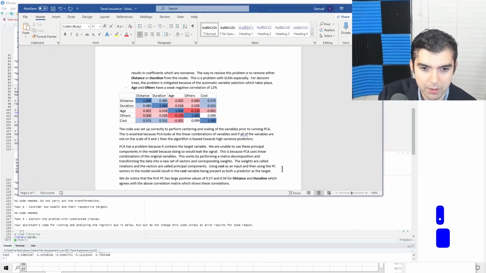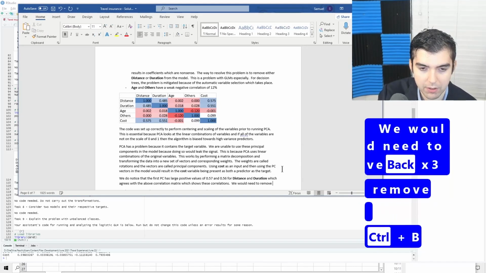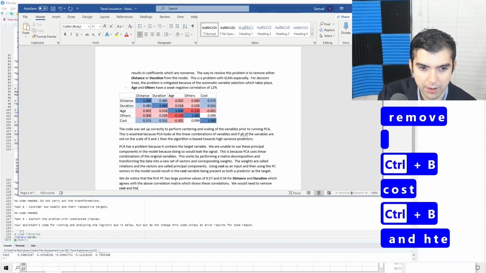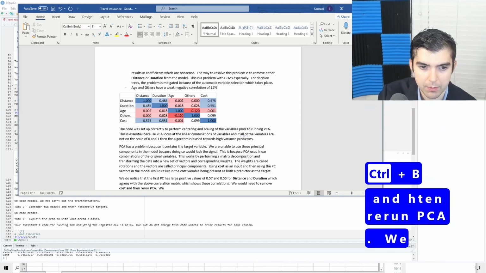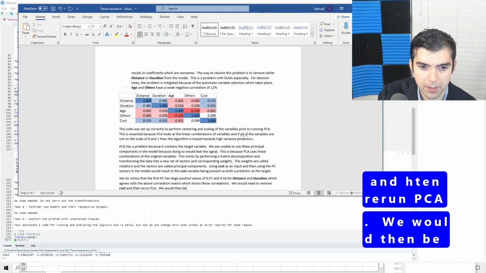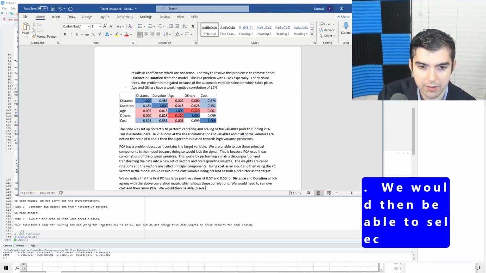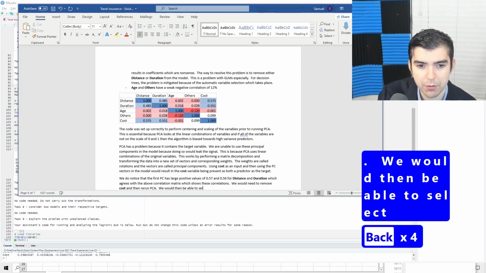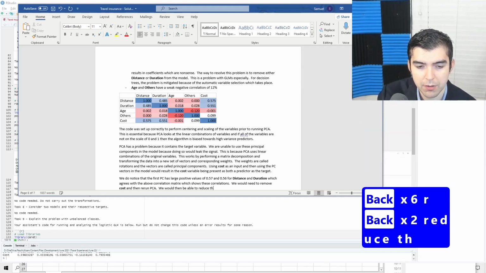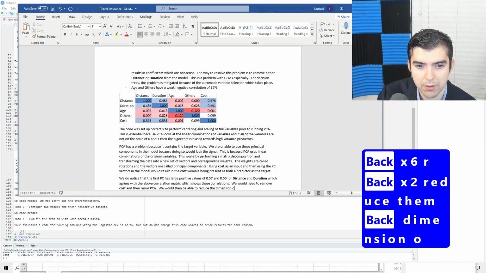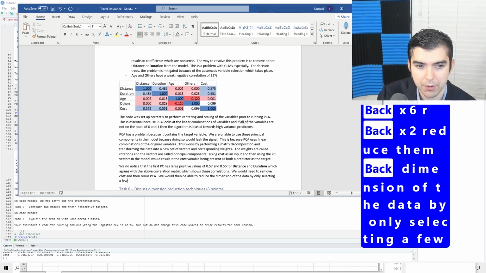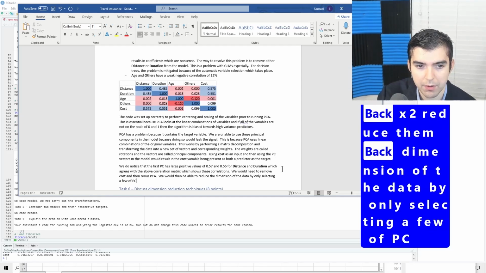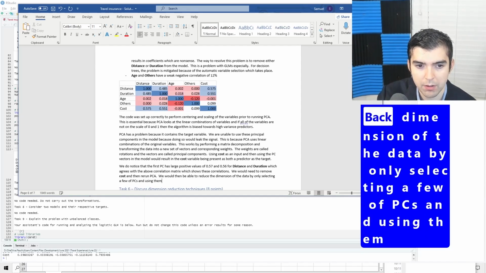To fix this, we would need to remove the cost and then rerun PCA. We would then be able to reduce the dimension by only selecting a few of the PCs in the model.